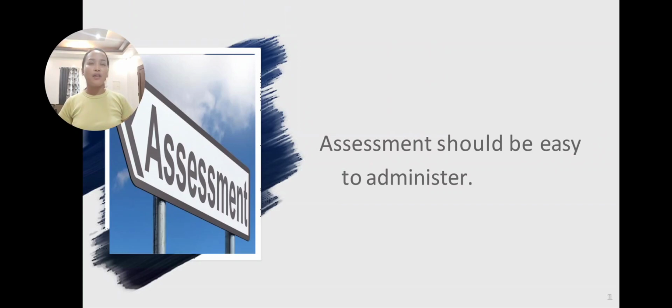Based on what I've said earlier, there are given assessments that are usable in a certain situation. So we have the placement assessment, the formative assessment, the diagnostic assessment, and the summative assessment. I would like to further elaborate regarding ease of administration,